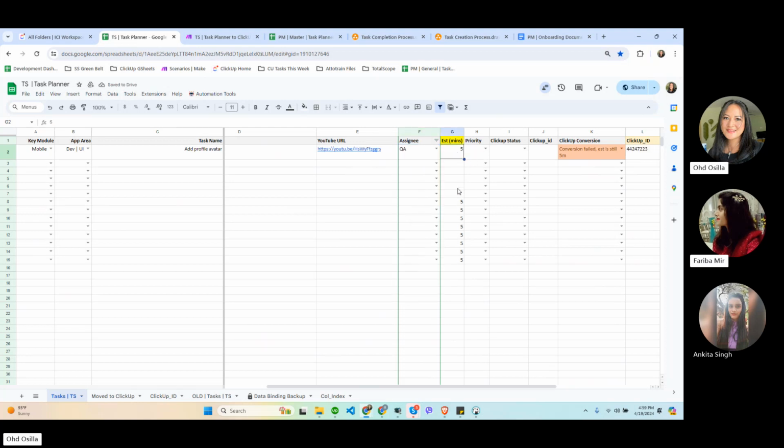Our estimate minutes should be more than 5 minutes but less than 240. 240 would be 4 hours. So what we try to do is break down the task and make sure that the longest time we can assign to each task is 4 hours.